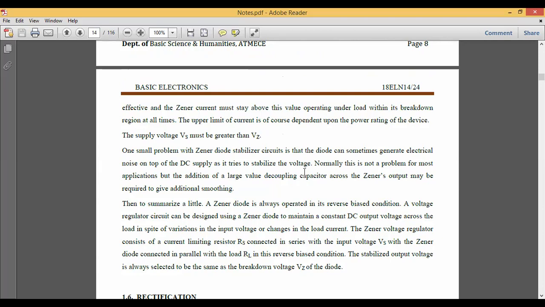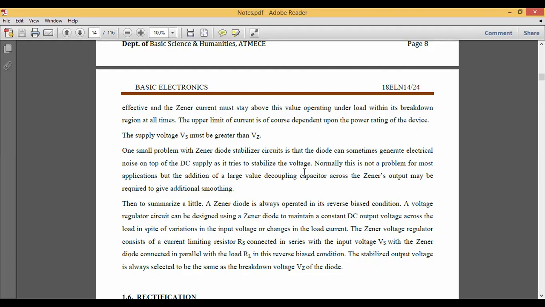Just take the example of the stabilizer which you use for your refrigerator, right? We keep a voltage stabilizer or voltage regulator box at the top of the refrigerator. Why do we do this? Because if any unwanted or high voltage comes to that refrigerator, it may damage it. So if I put a stabilizer or voltage regulator box between the direct voltage and the refrigerator, it may prevent your refrigerator from getting damaged.